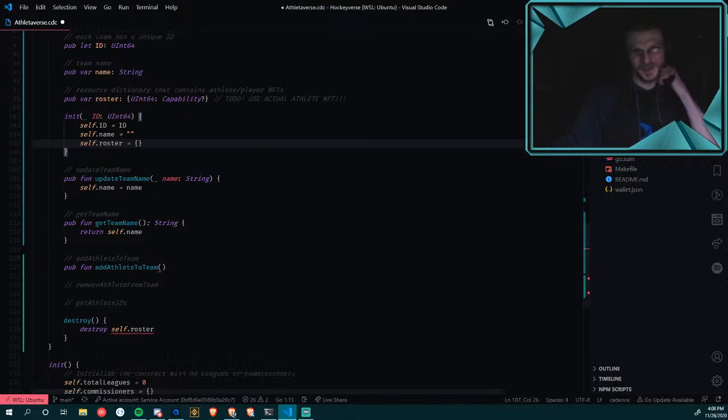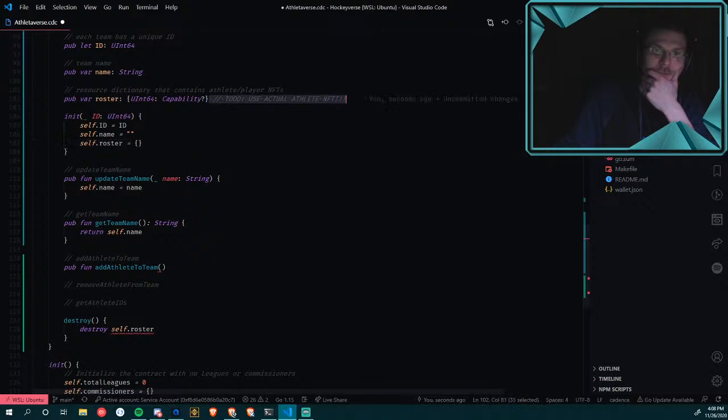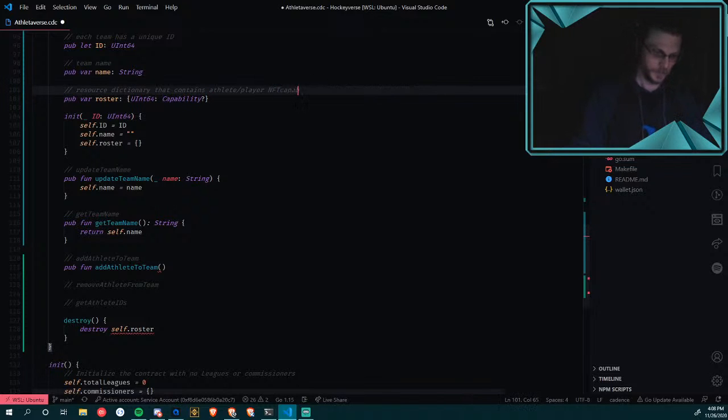And in my opinion, this is actually a lot cleaner. Now we don't have to pass this thing to something else in order to use it. What this capability is, I have no idea yet.